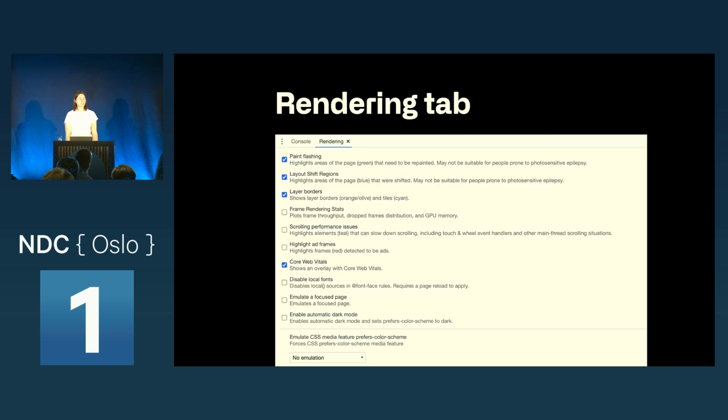Last but not least, the Rendering tab. It can be found if you go to the Chrome DevTools, and there's this three dots menu on the right, and you click More Tools, and then there's the Rendering tab. It's really useful also for runtime performance. You can see things here like paint flashing, layout shift regions, layer borders, also the Core Web Vitals overlay, but it's a bit worse than the one from the extension, I would say. Although it runs smoother, it's less